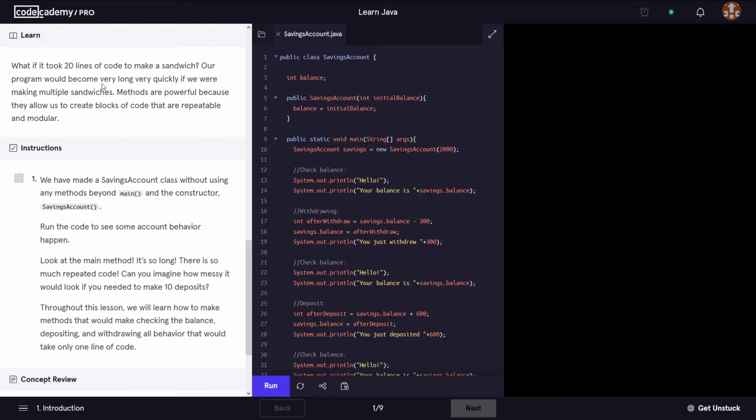Our program would become very long very quickly if we were to make multiple sandwiches. So having said this, with this in mind, we have to understand that methods are powerful because they allow us to create blocks of code that are repeatable and modular. So essentially, instead of writing these 20 lines of code